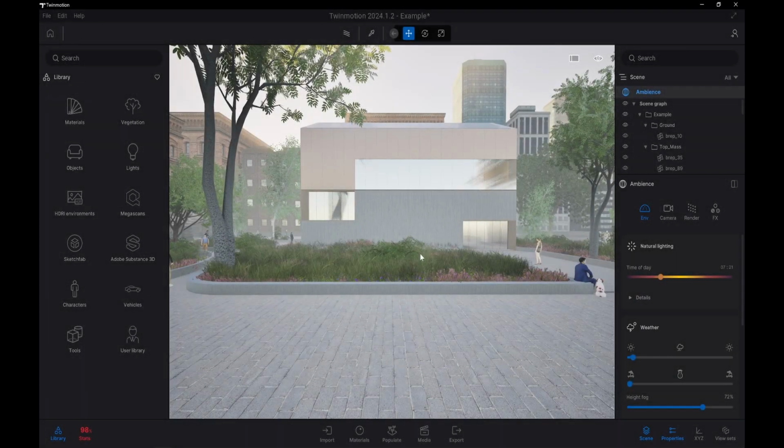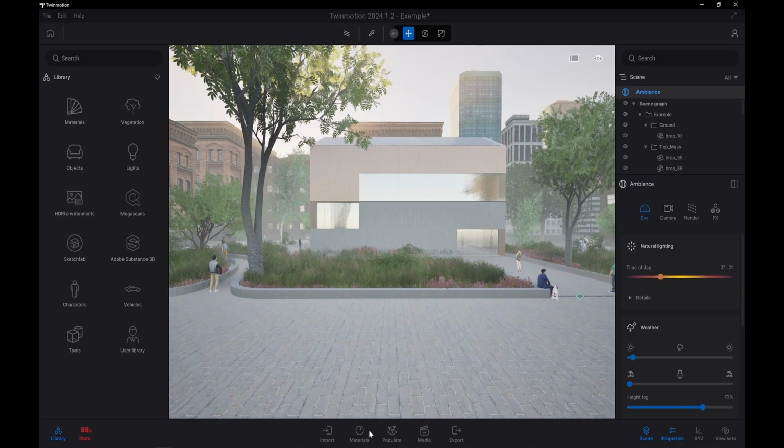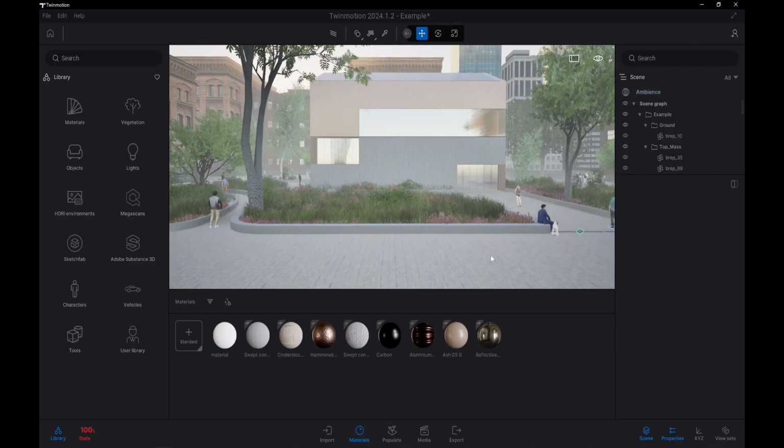Okay, everyone. So we're back, and I added a ground texture, as you can see right here. That's one thing I did. If I go to materials, I added a ground texture right here. You see? So right here, I think it's called cinder block. That's what I did,